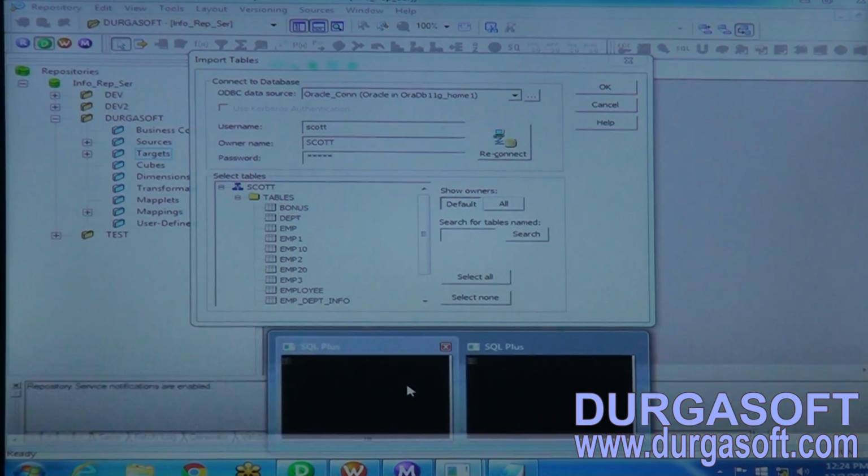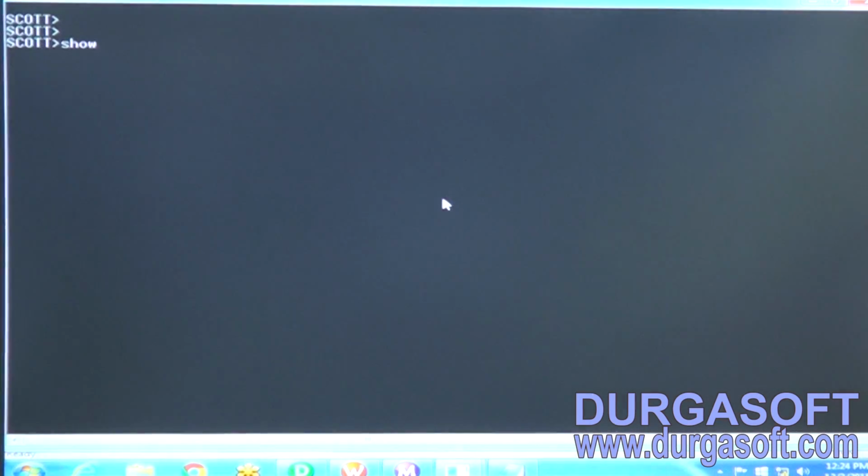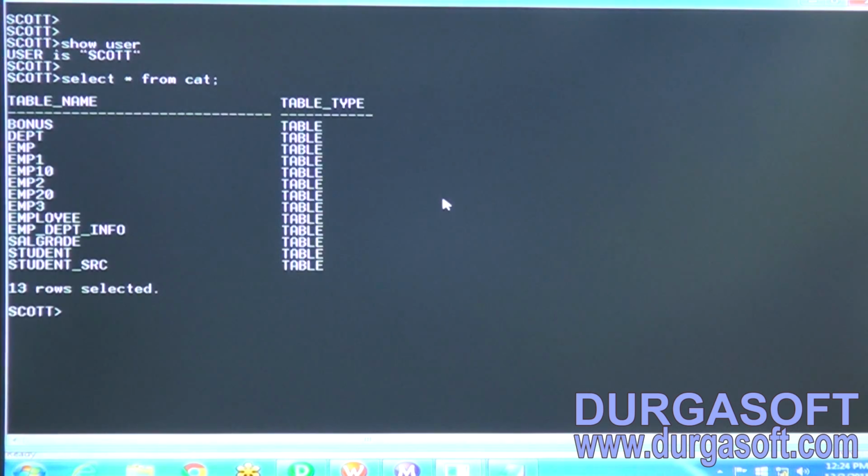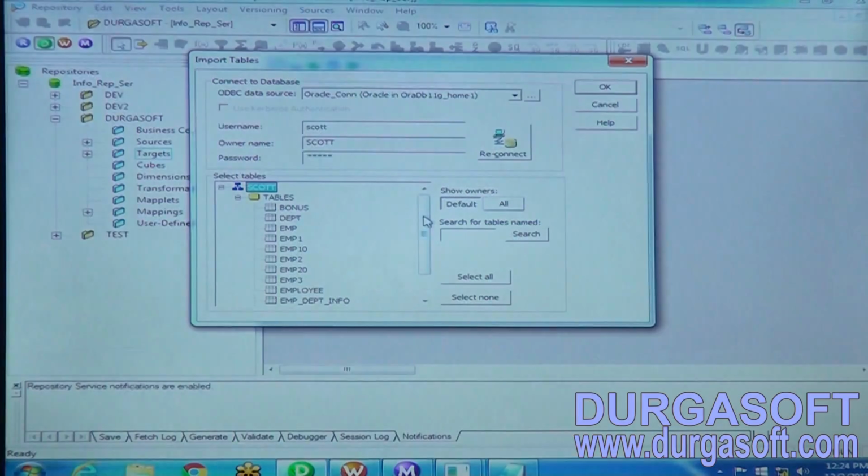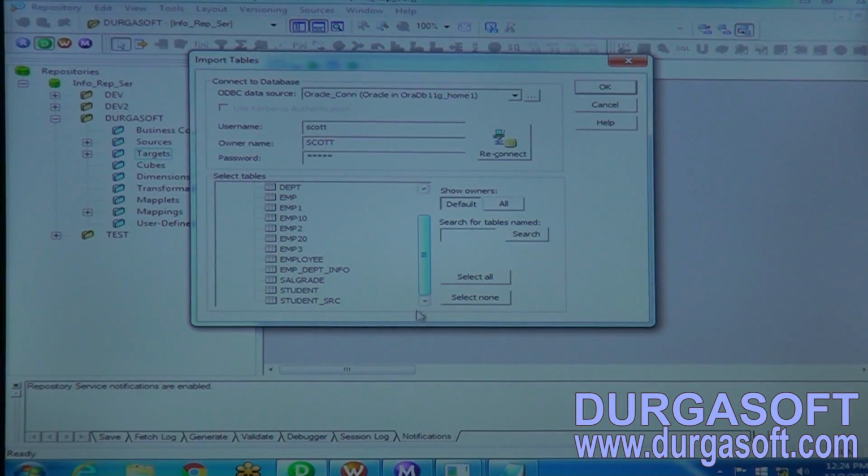So manually, this is the Scott schema, select star from cat, all tables. What tables exist here? 13 tables. All the tables exist here also, 13 tables, right? So from which table you want to extract the data, that table you have to create as a source definition. I selected EMP here and click on OK.